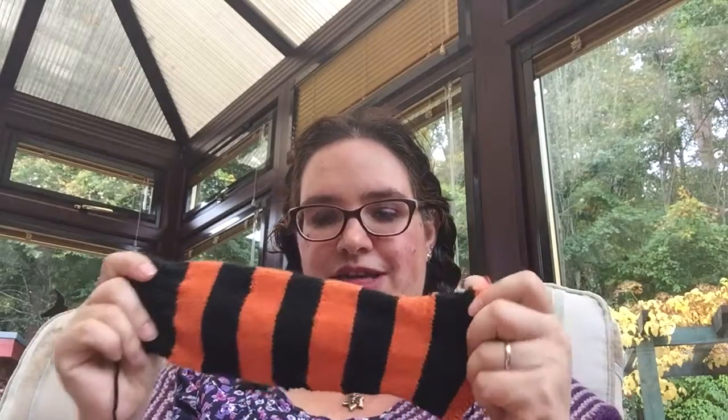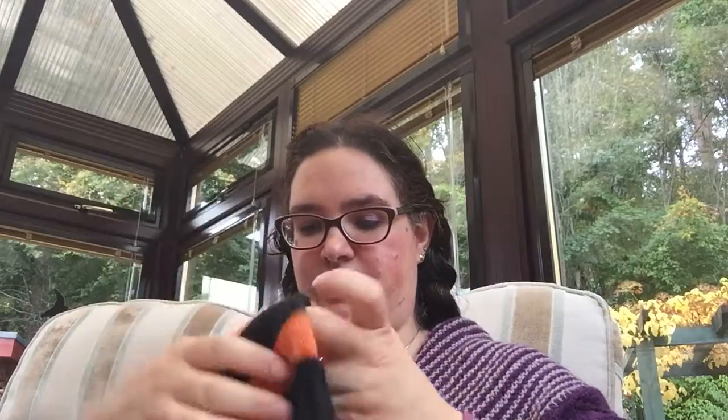When I am changing, I'm just doing what I've heard called a Russian join, and I don't know if that's because it's associated with Russia or because it's a way to do it in a hurry, but you kind of double up the yarn and loop them and then just knit across. So later, the ends are pretty much woven in already, just go through and cut them short. So it'll make weaving in the ends a lot faster. Always a concern with colorwork projects if you can't just splice the ends together, which is my preferred way. So I'm making good progress in those, and those are pretty much the only two things I was working on